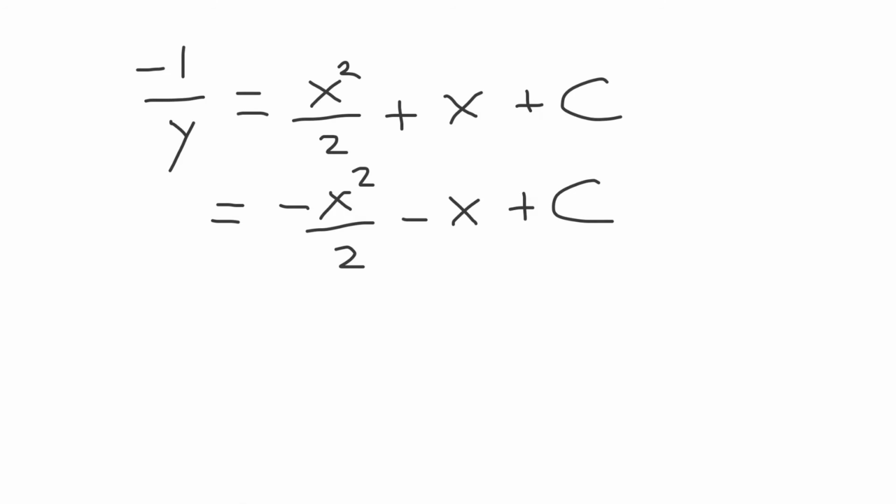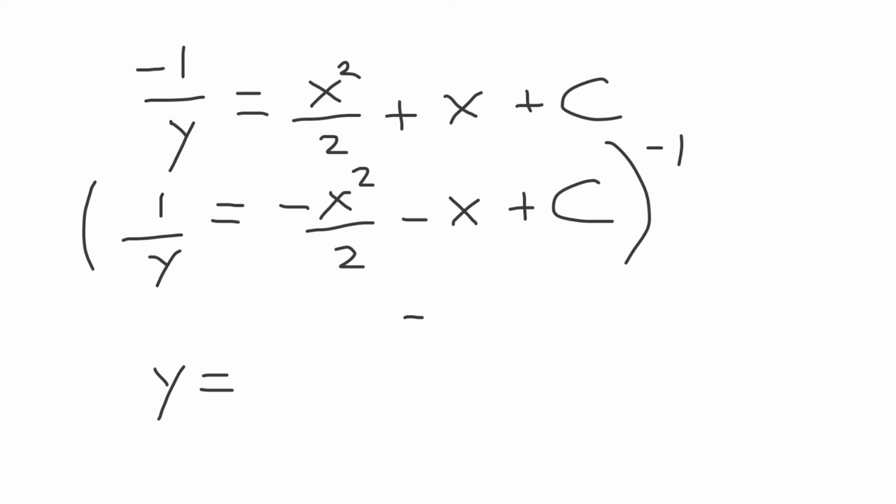And actually, there's a mistake here. This should be 1 over y. And so now we can't leave this as 1 over y. It needs to be y. So what we're going to do is take the inverse, or the reciprocal, of both sides. And so taking the reciprocal, we can just write that as all of this to the power of negative 1. That'll be equal to y equals,